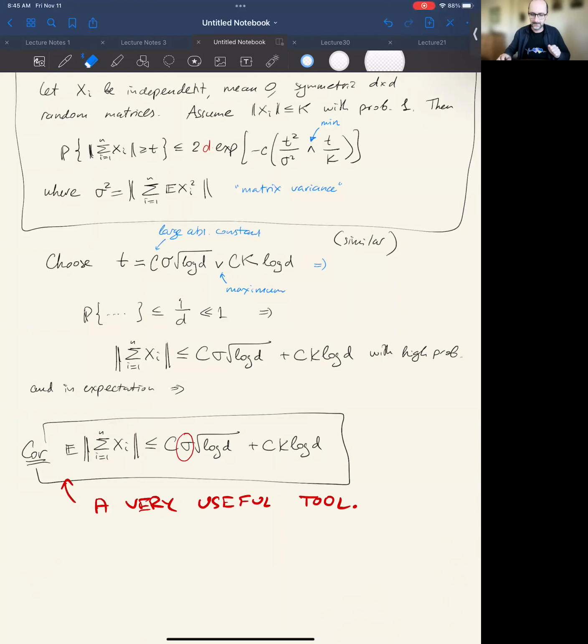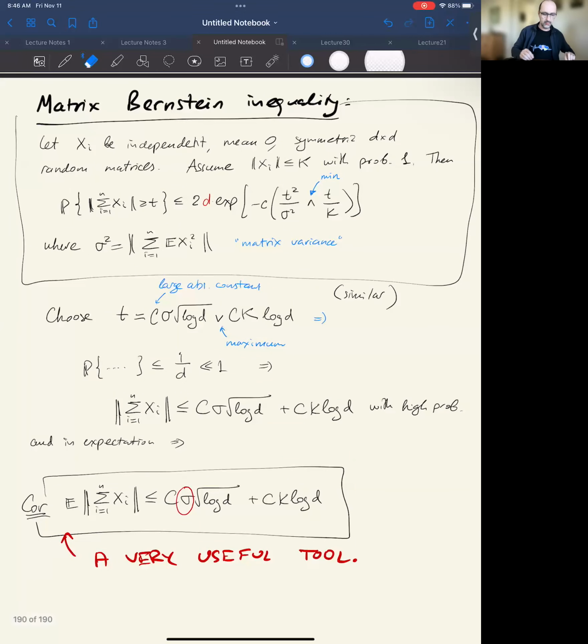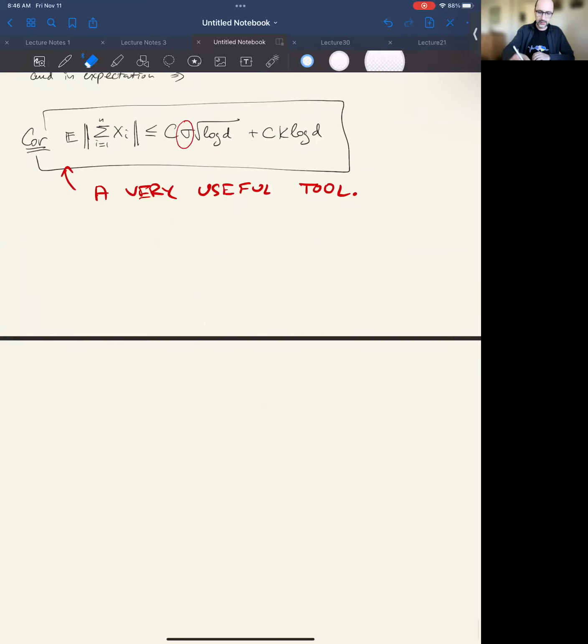Okay, good. Any questions about this? We're done with theory now. That finishes our big block on theory, and now we'll go to applications. And the first one will be on